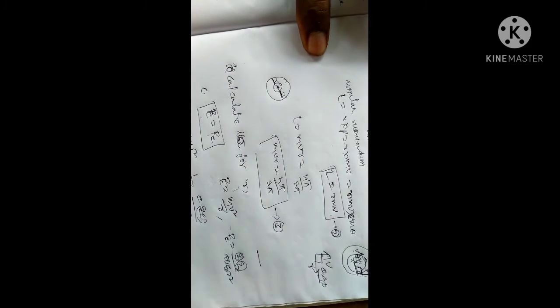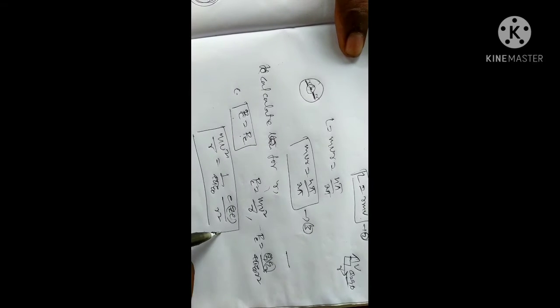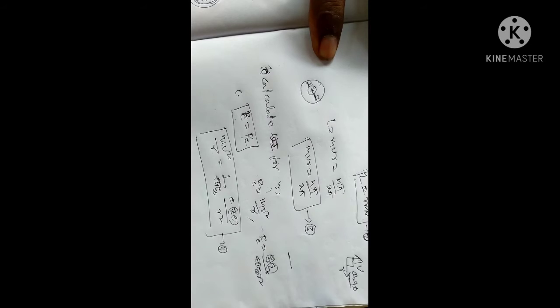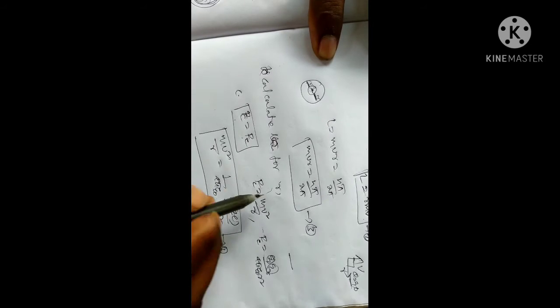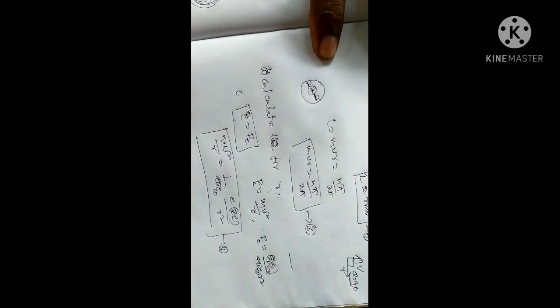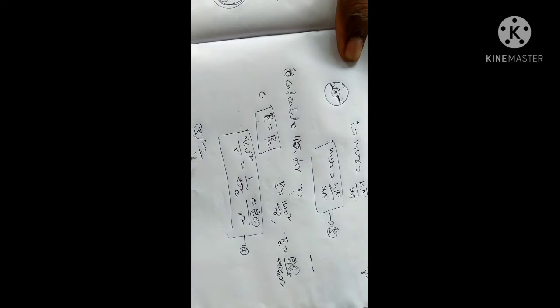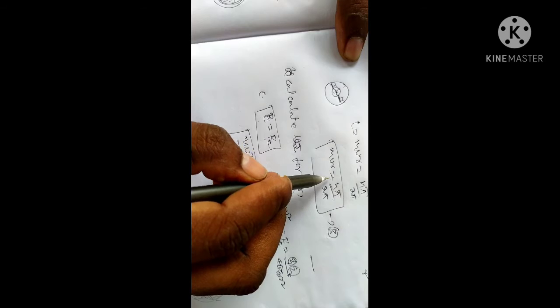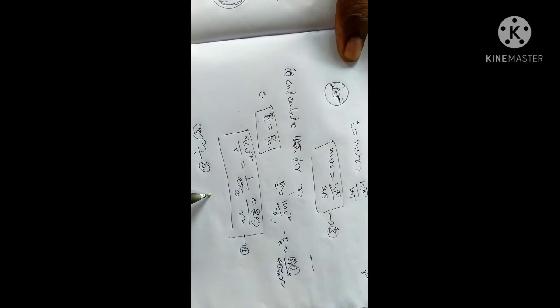Now this is equation number 3, and this is equation number 4. Now we can take the ratio, squaring equation 3 and dividing by equation 4. Squaring equation number 3, that is what?